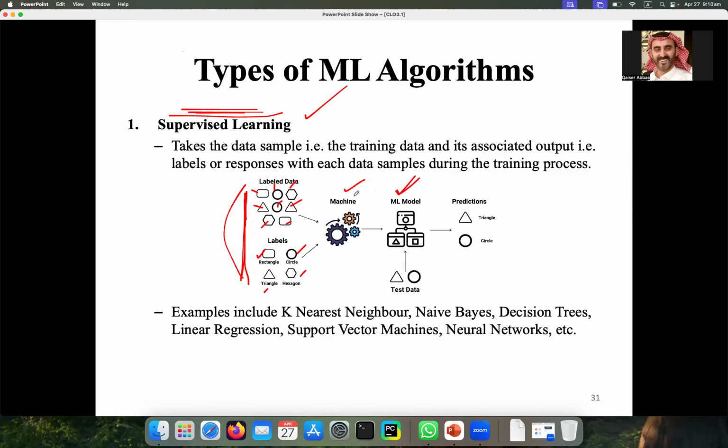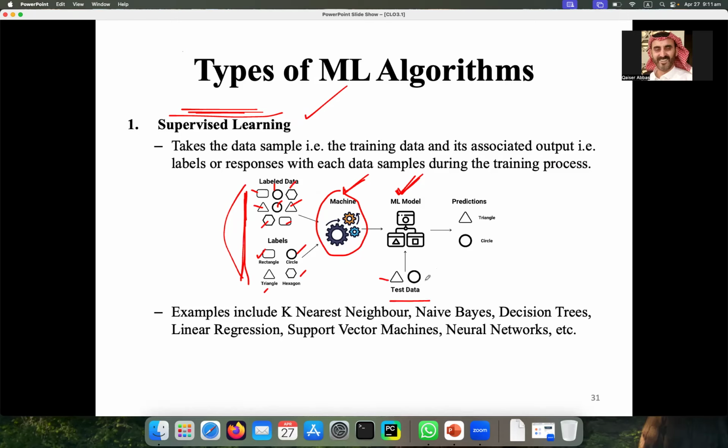Your model, or you can say your machine, will process this data, and this step represents the training phase. That's why you have these symbols here, that it is getting training. After that, when it is trained, your machine learning model is ready to do the testing. Here we are giving the test data.